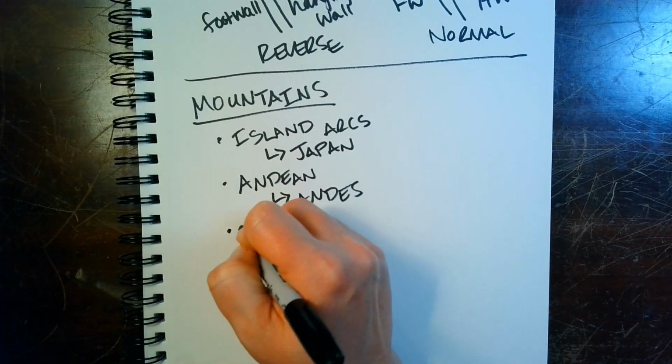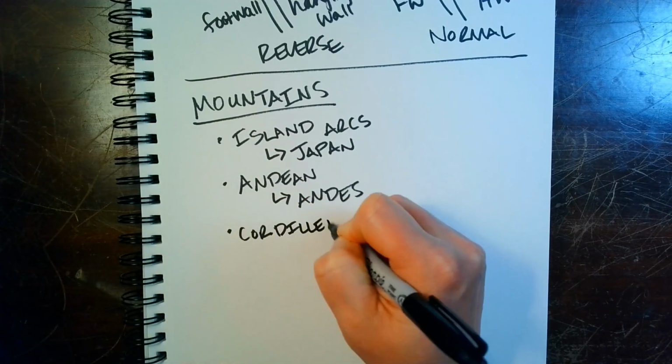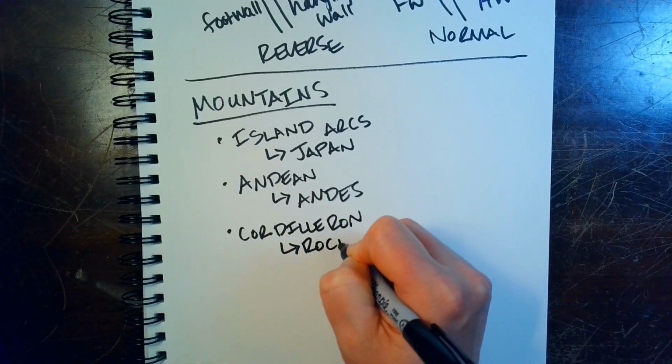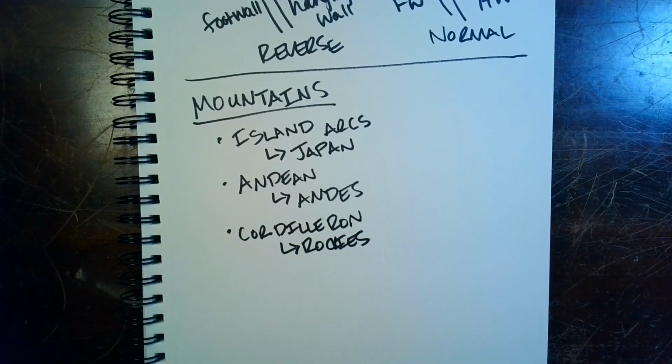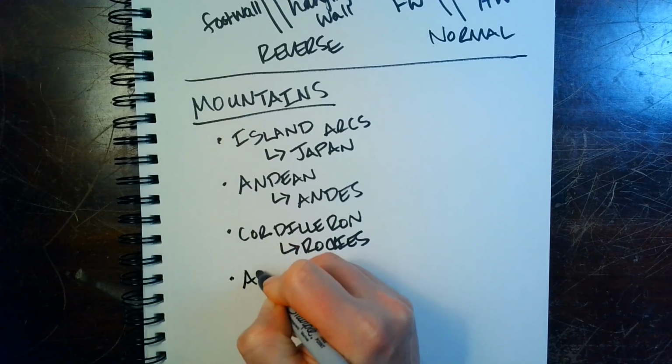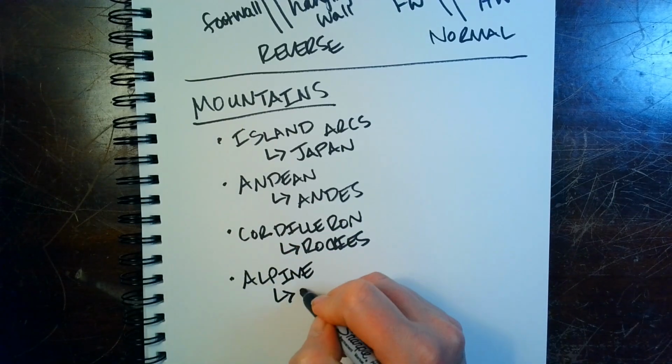Finally, we have the continental-continental collisions that we also talked about in the plate tectonics lecture. This creates massive mountain ranges like the Himalayas, but other mountain ranges that are formed in this manner are the Alps, where the African plate is colliding with the Eurasian plate, and also the Appalachian Mountains. The Appalachian Mountains were formed long ago, prior to Pangea, when the North American plate was colliding with the African plate, before eventually separating about 200 million years ago.